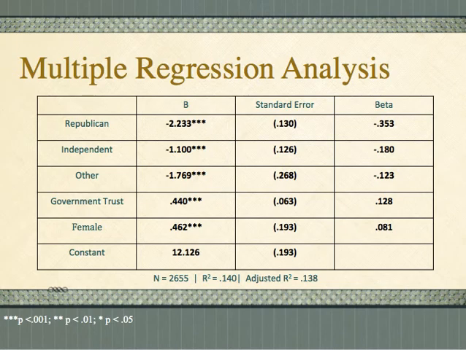The B value for government trust indicates that a 1 category increase in support for public expenditure is associated with about half a category increase in government trust. The same is true for gender. 1 unit higher in support is associated with half a unit higher in terms of being female. However, B values are not necessarily good indicators in terms of comparing the two variables because they are measured in different units. The beta values are useful for looking at relative explanatory power.